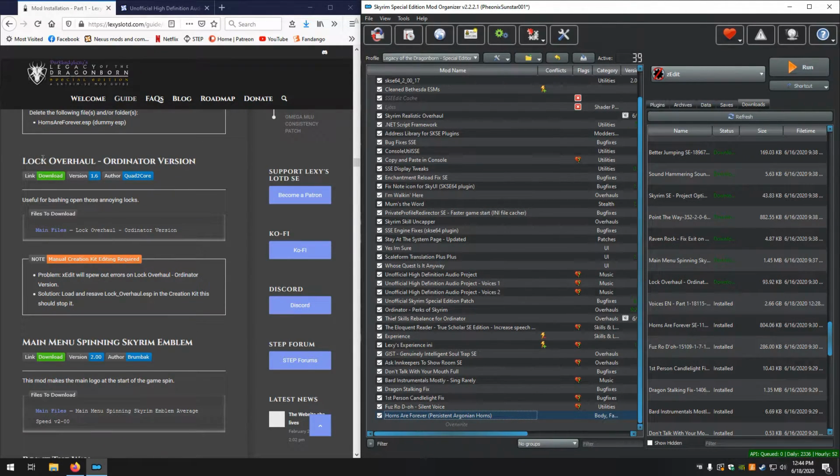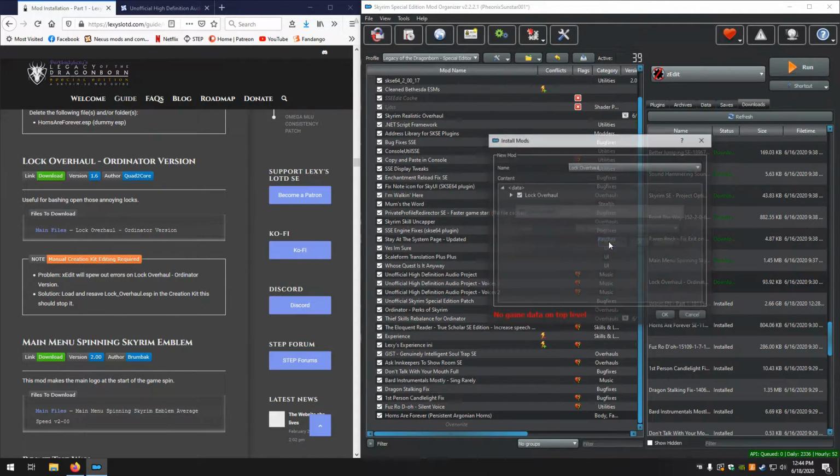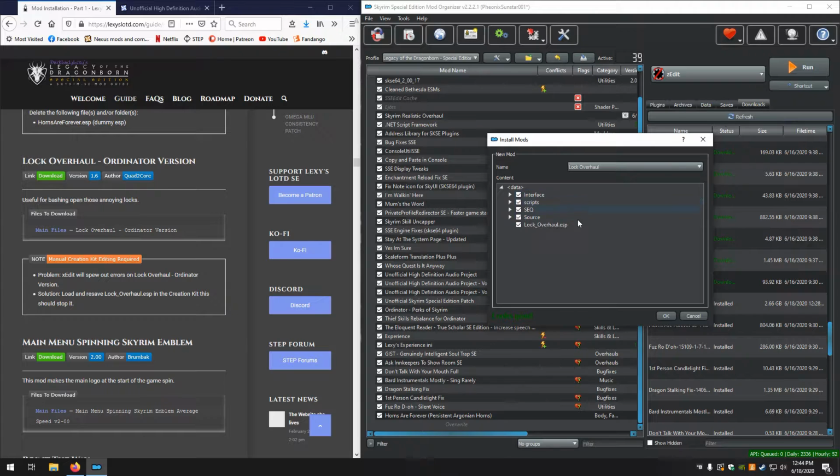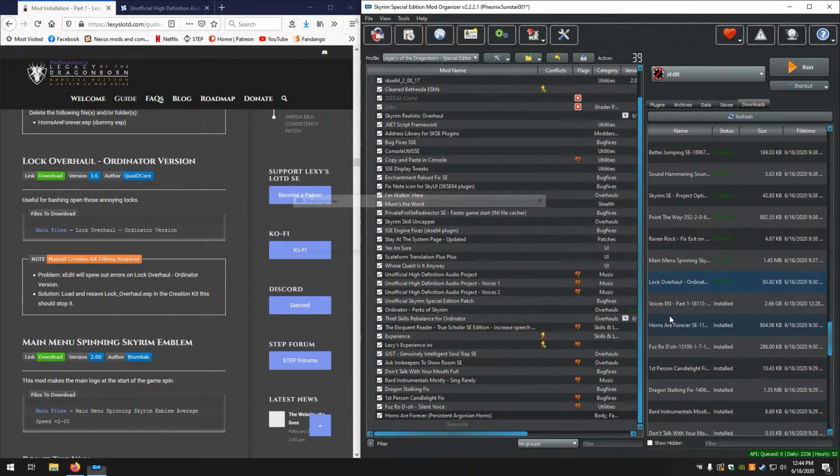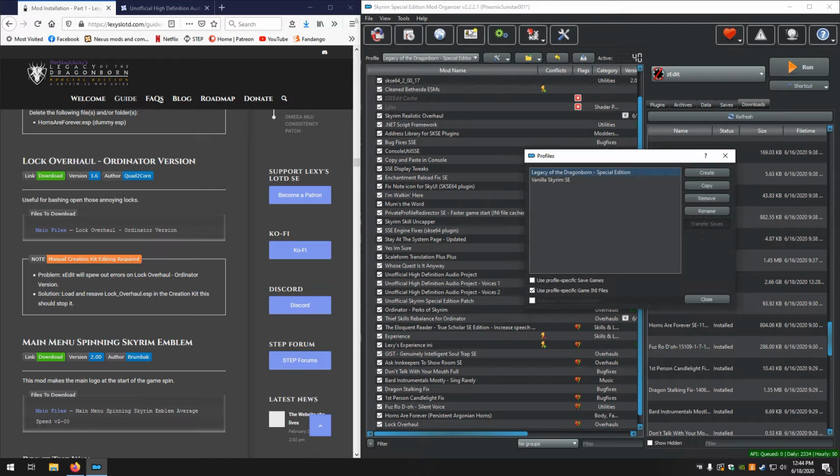Next up we have Lock Overhaul Ordinator version. Manual. Set data. Looks good. We have special instructions that there are errors in Xedit. In order to fix it, we need to load it and resave it in the creation kit. So activate that. Now what I'm going to do